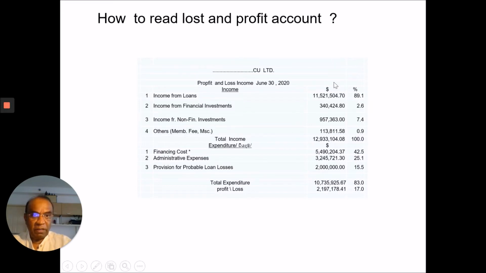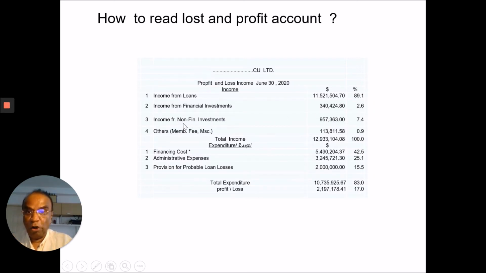Let's forget about the numbers. It's 11 million. 89% of the source of income is coming from the main core business. Core business is providing financial services. I think that's very important. It's not depositing the money in the bank, or real estate, or maybe a hotel or anything. No. So core business is 89%, but they also have income from financial investment, 2.4, and another one